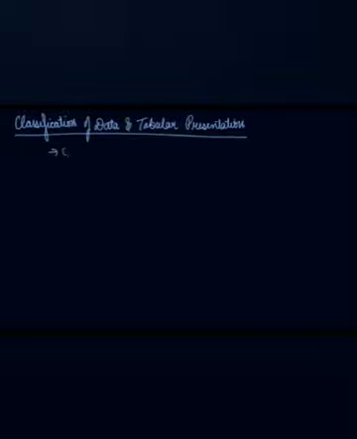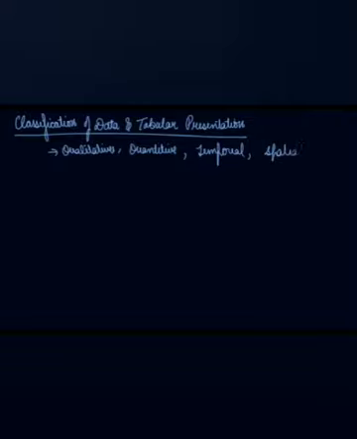four. That is your qualitative, where you use the attributes or the characteristics. Then your quantitative, where you use the numerical data. Then your temporal, which means time. And then spatial, which means the geographical location. So number one is your qualitative